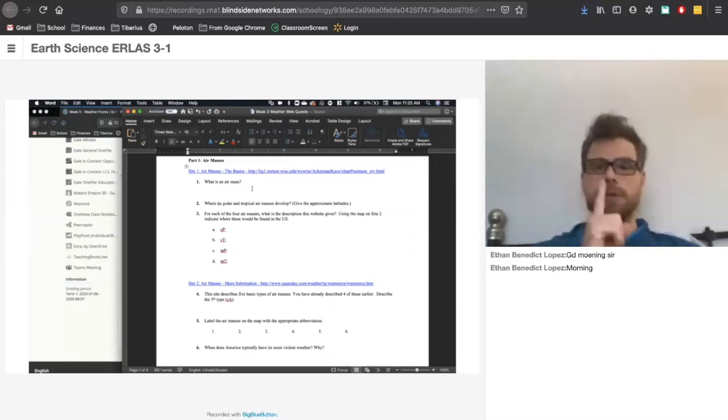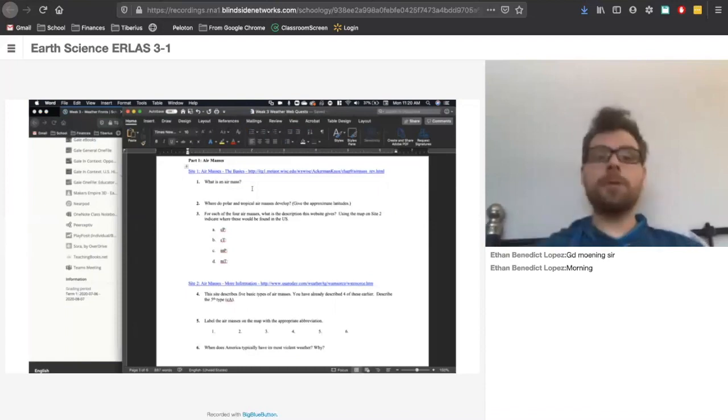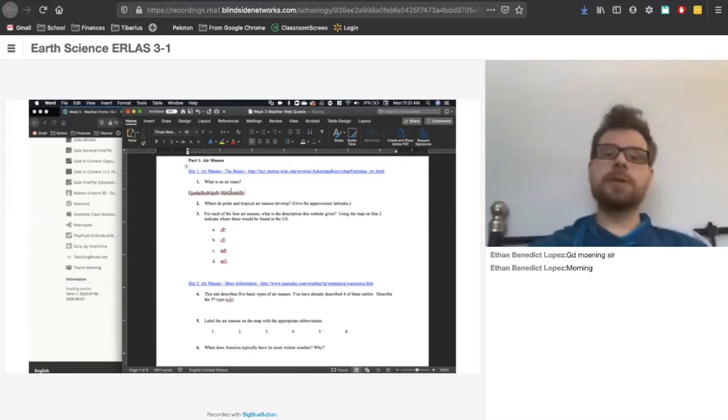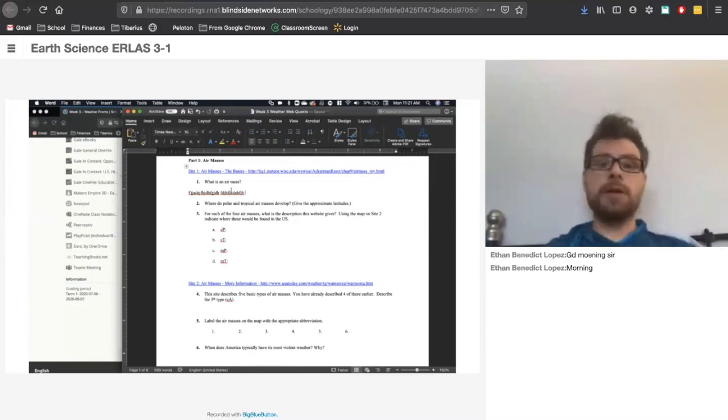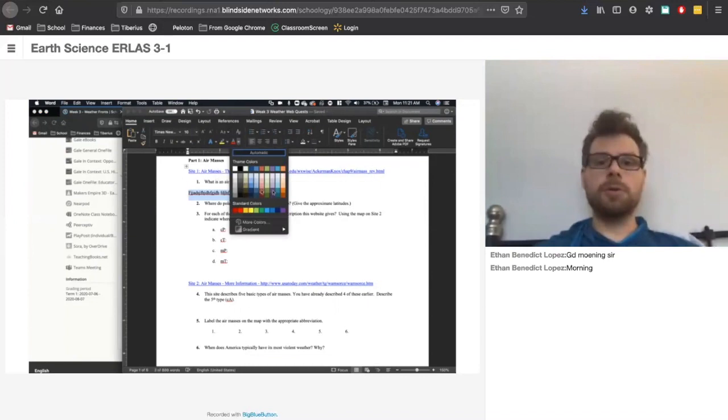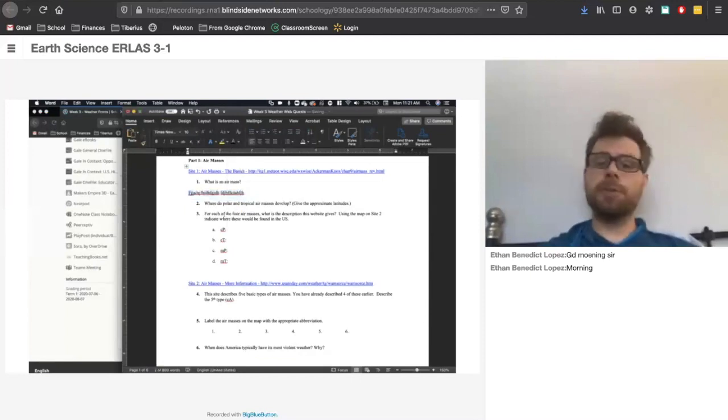One thing I do want to say is that when you're typing it in on a document, notice what color I'm typing this in. That's black. That's really hard for me to see when I'm going through this trying to grade it. Please, please, please change the color to something else. Blue, purple, red, literally anything besides black. Make it easy for me to see, because when everything's black, it's really, really hard for me to see the